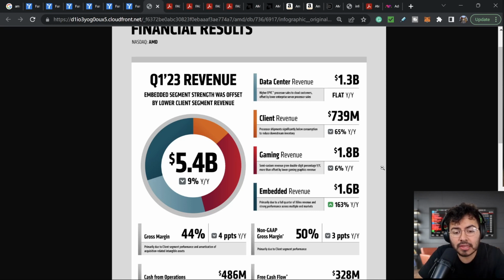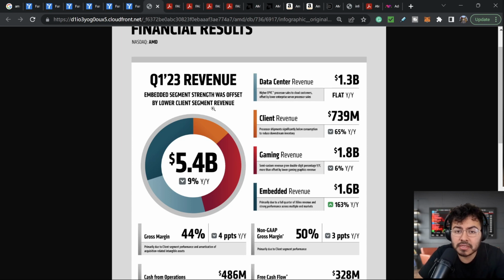So AMD at the moment has 4 main segments. It has the data center market, and we're going to see how they have products within each of them. But the data center, here's where you see some of their server processors that go onto the big cloud providers like Microsoft, like Google Cloud, like Amazon AWS, and also maybe some enterprise users.